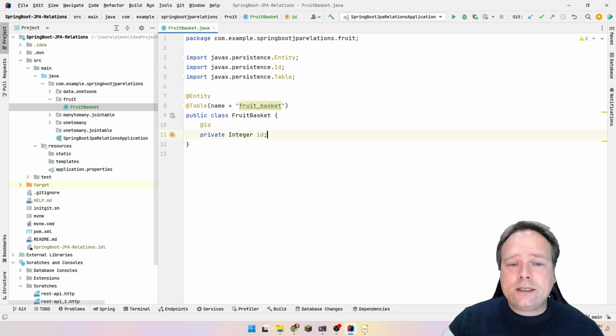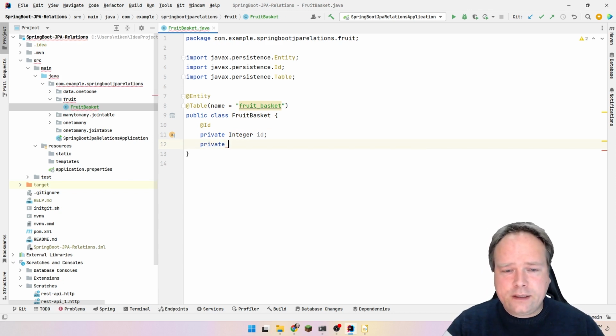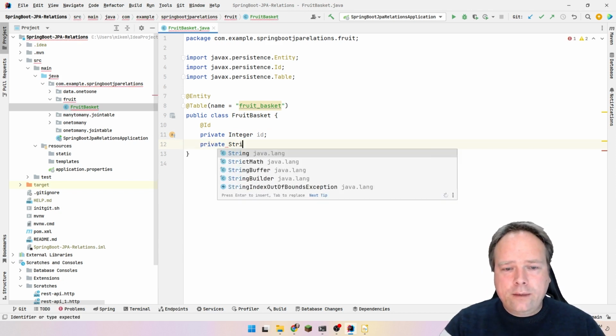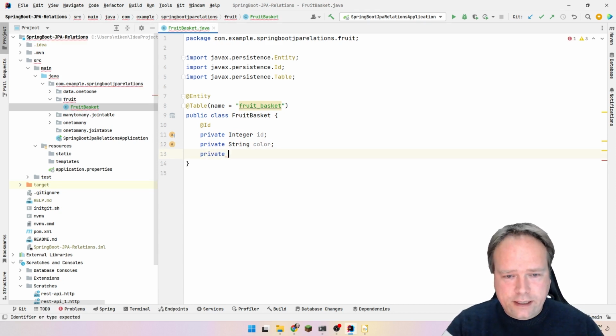We could create some fruit baskets now, but you would only have one column, and that would be the ID, so that is not that interesting. We need to give it some fields, some properties, this fruit basket right here. So we will give it a private field. It could have a color, maybe. It could have a color, and it could also have a